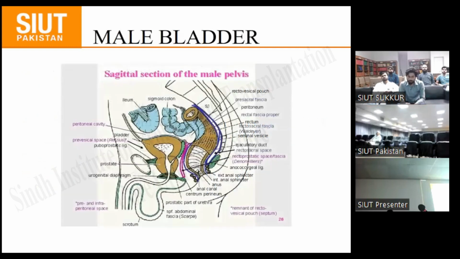We can see in this the diagrammatic representation of the anatomy of male pelvis. This is showing the male bladder. You can see anteriorly the symphysis pubis, which is held together by puboprostatic ligament, which is covering the space of Retzius. Posteriorly, there is the non-villus fascia, which separates the bladder from